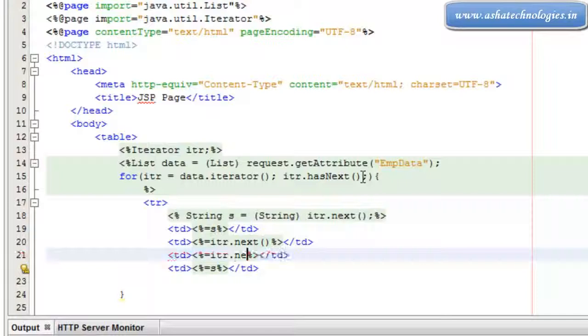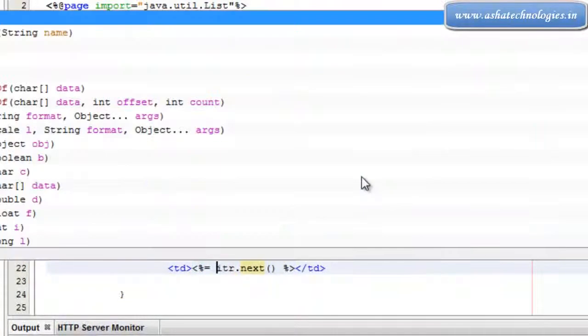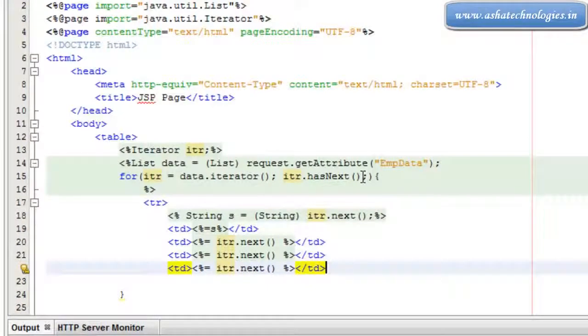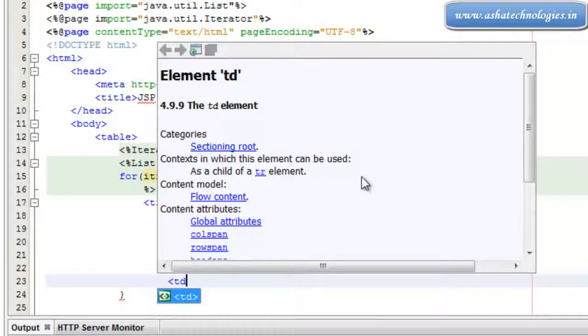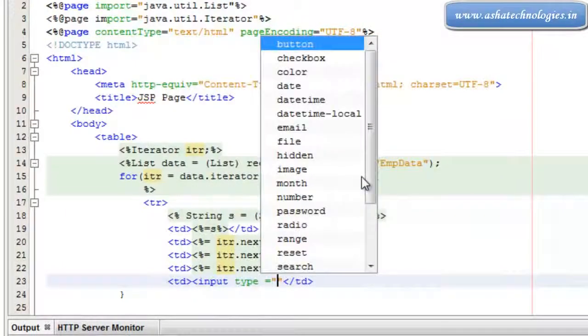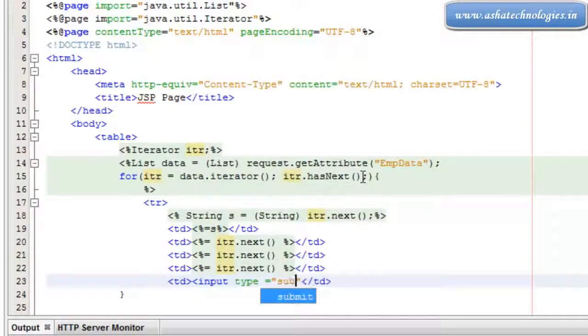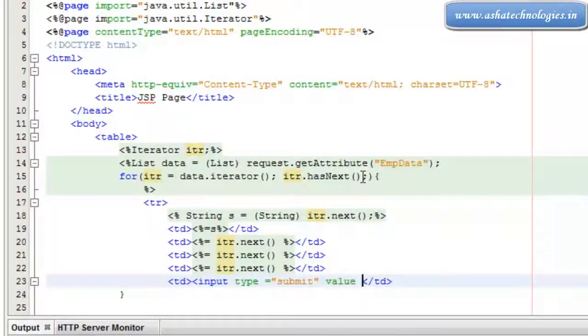Is also same, itr dot next. itr dot next. So this is what actually we have to do here. And then I can go with one more td. So that will be input type equals to submit. I can go with submit, and value equals to